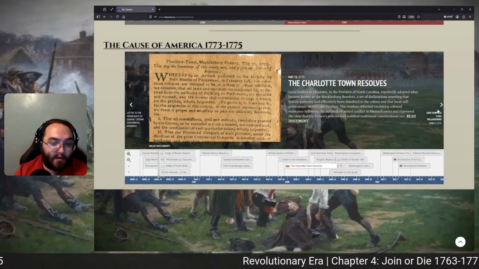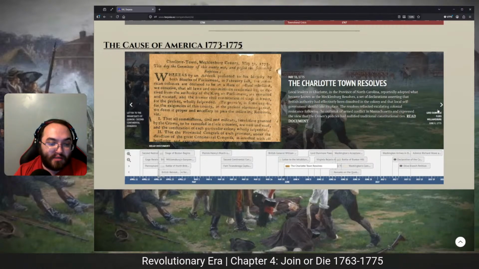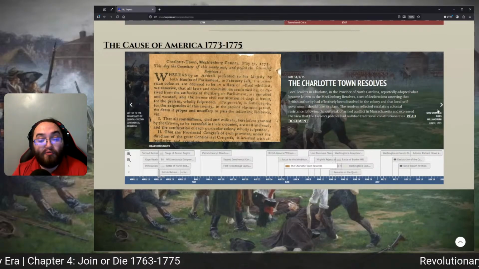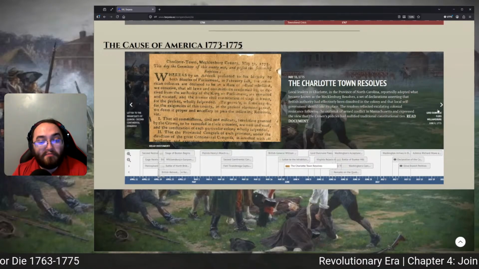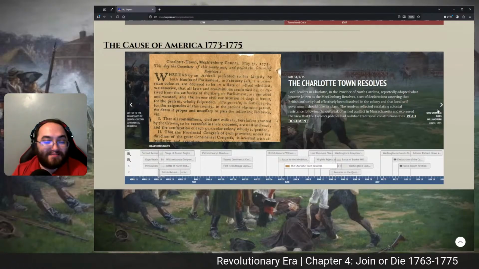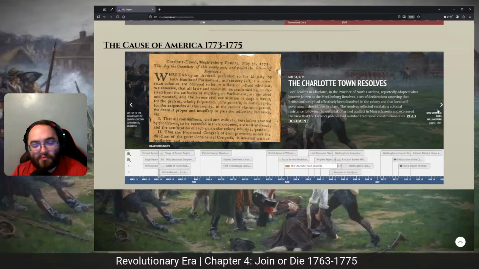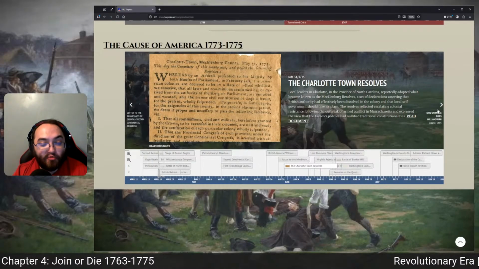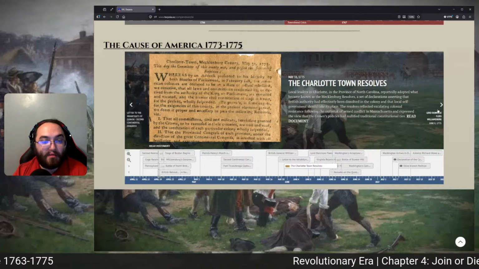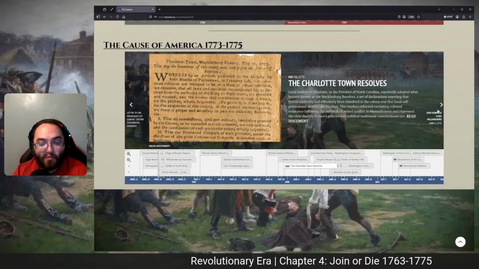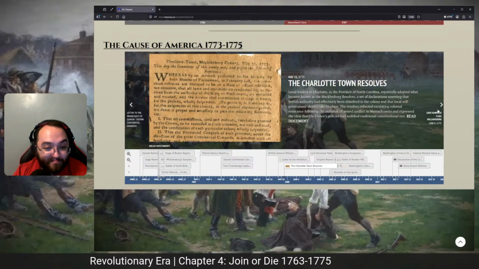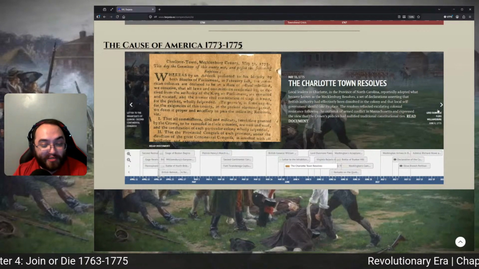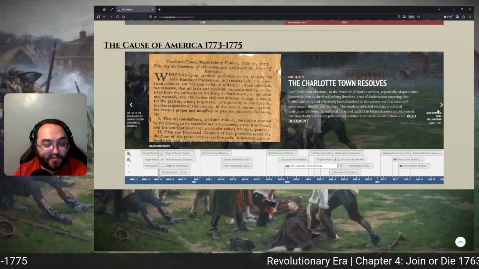So, is this document a legitimate document? Should this be considered the first instance of independence? I don't think so. But it is evidence that the movement towards independence and the rebellion, the revolution, was not a top-down thing. It was very much bottom-up, because we have all these local communities who are passing these resolves. This is just the first one